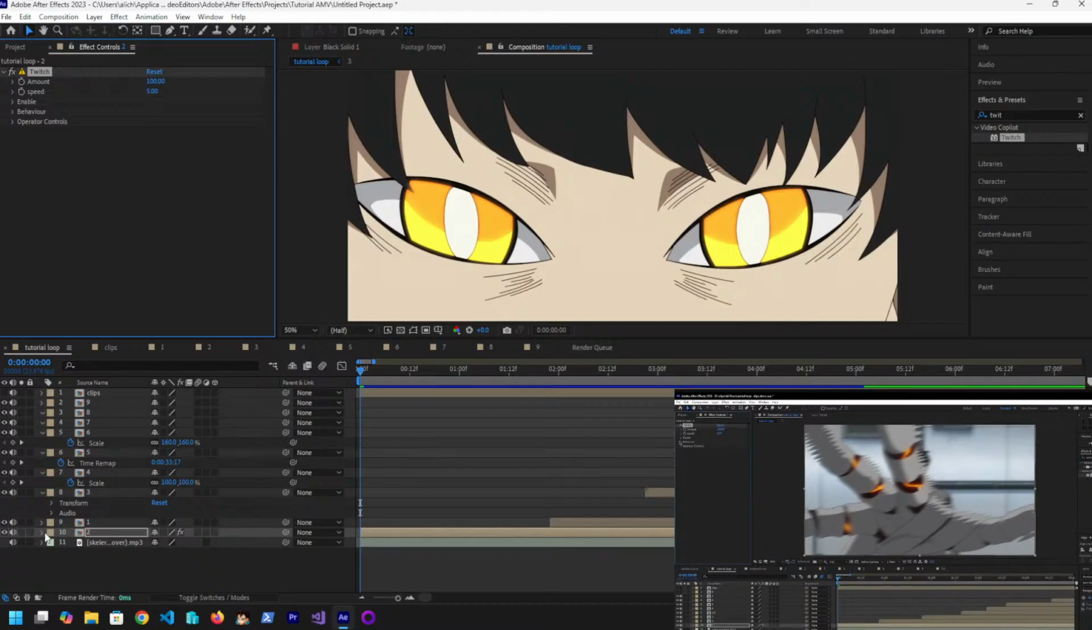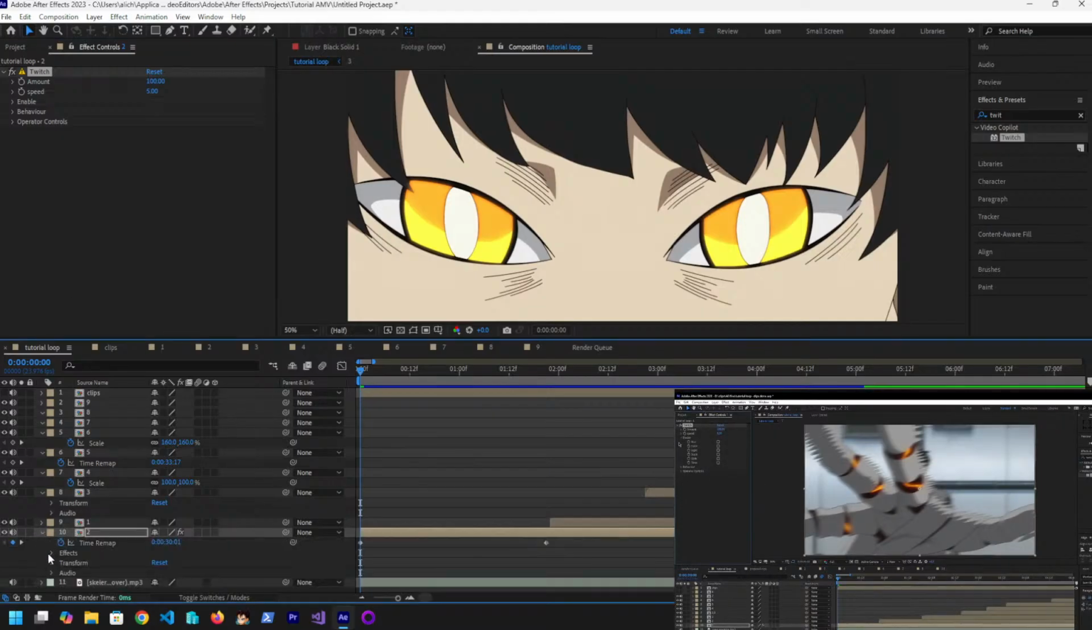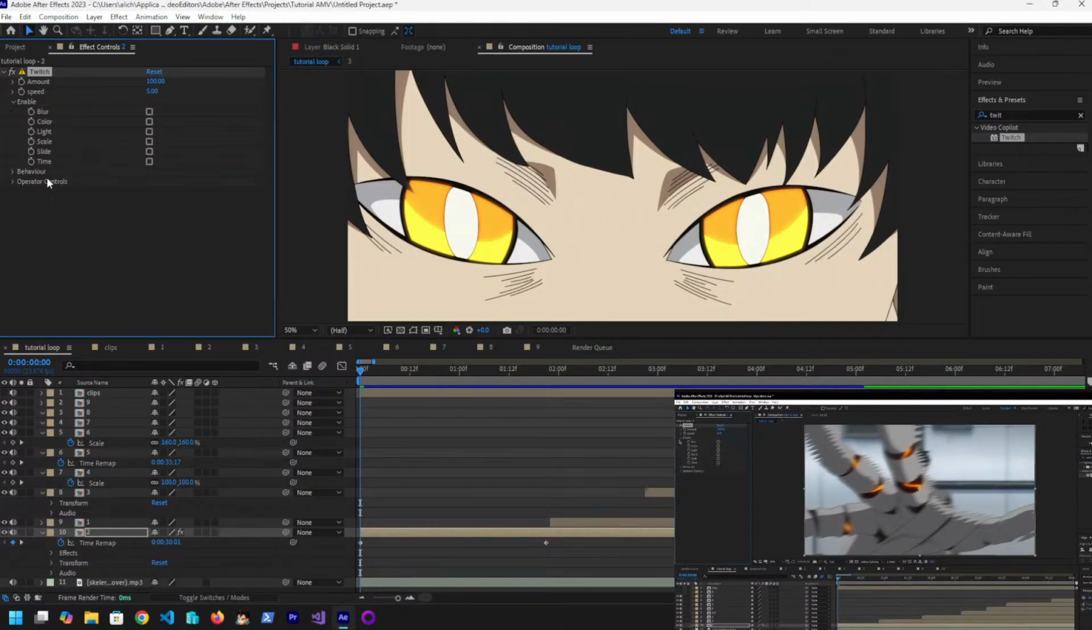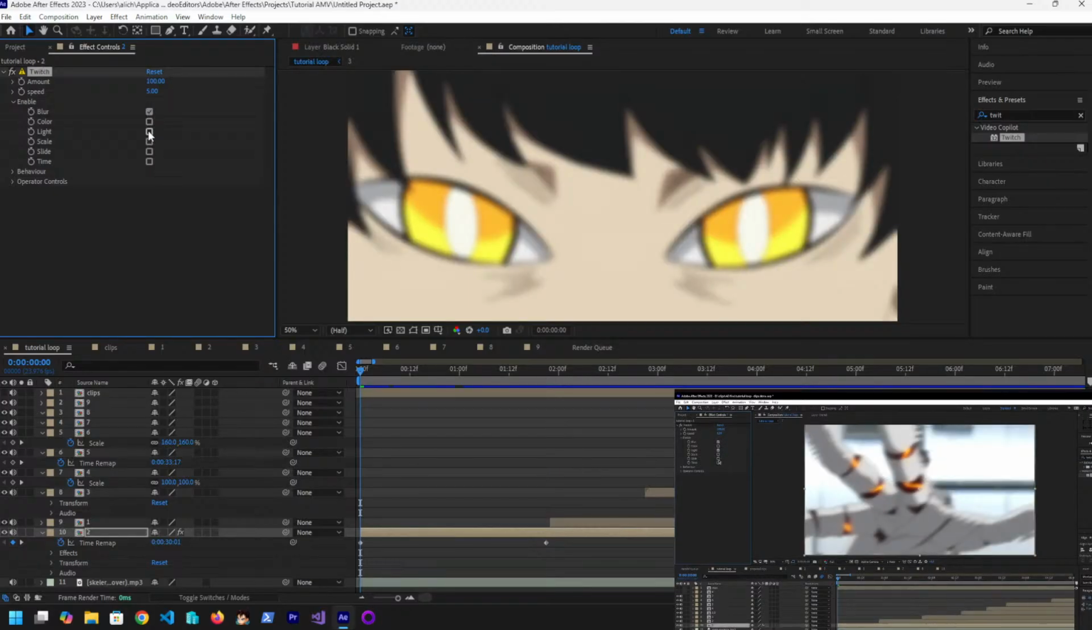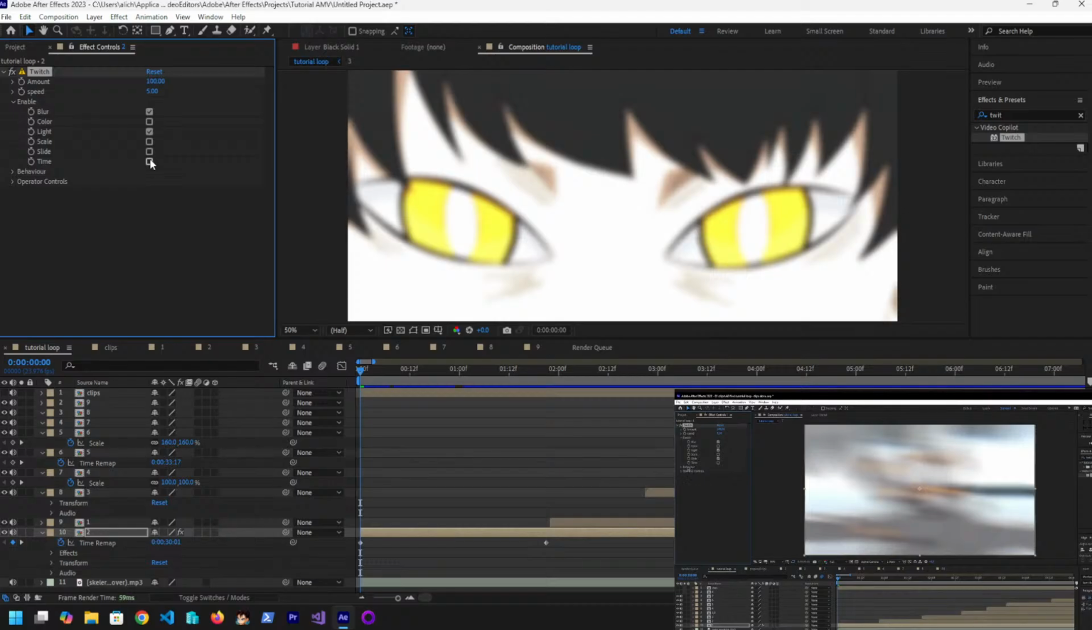Then you go on enable, that's the first thing you're gonna do, and you want to enable blur, light, and slide. You can ignore behavior, and the next we're gonna open is operator controls right here. Click on the little icon. And then we want to go on slide, and on slide we're gonna change the slide amount to something like